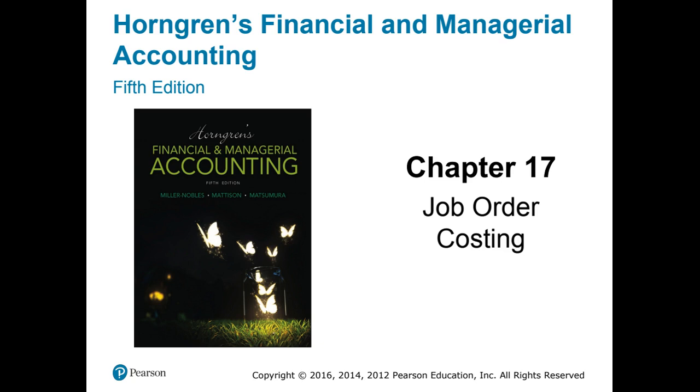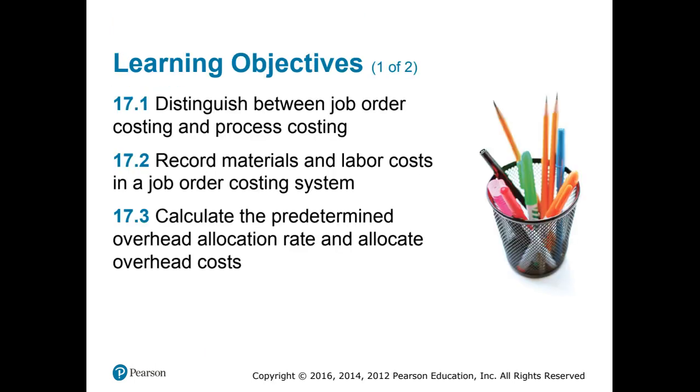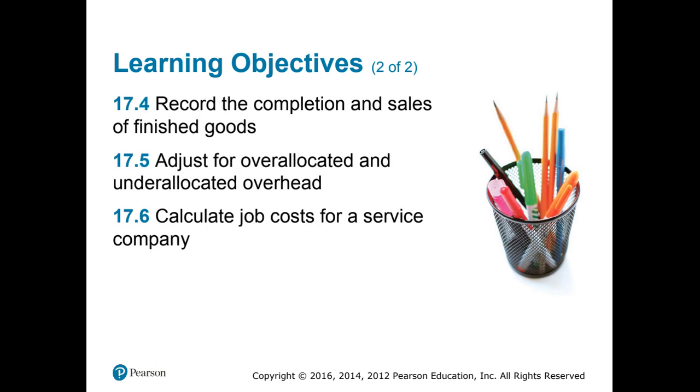So Chapter 17, job order costing. Our learning objectives: we're going to distinguish between job order costing and process costing, record materials and labor costs in a job order costing system, calculate the predetermined overhead allocation rate, and allocate overhead cost. Record the completion and sales of finished goods, adjust for over-allocated and under-allocated overhead, calculate job cost for a service